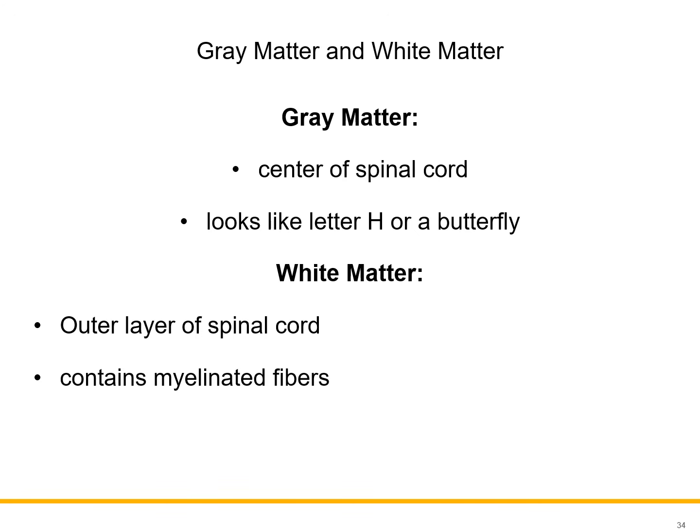We've already talked about this in part 1. There is what is known as the gray matter and white matter. The gray matter doesn't have a lot of myelin, and as we can see right here, the gray matter is located in the middle of the spinal cord in a butterfly shape or letter H shape arrangement. Tapos yung white matter naman po, it contains a lot of myelin, and this is seen on the outer areas of the spinal cord.